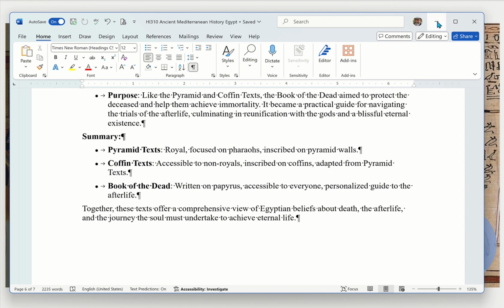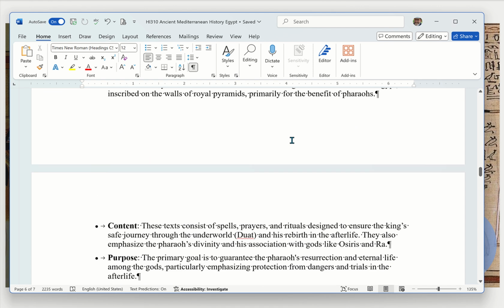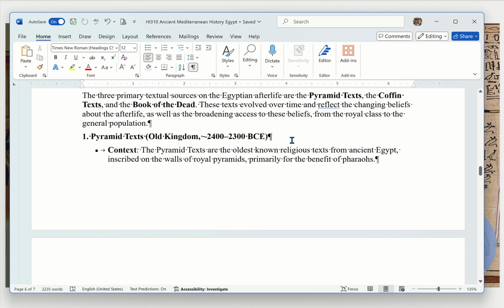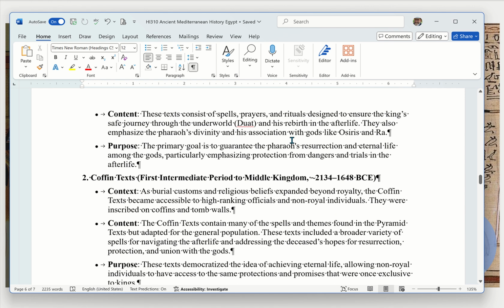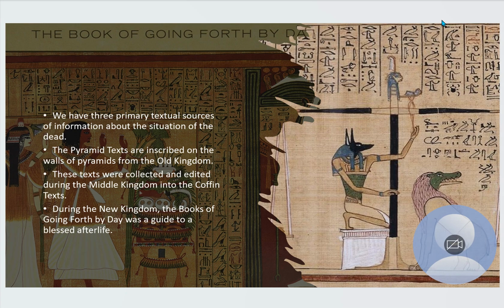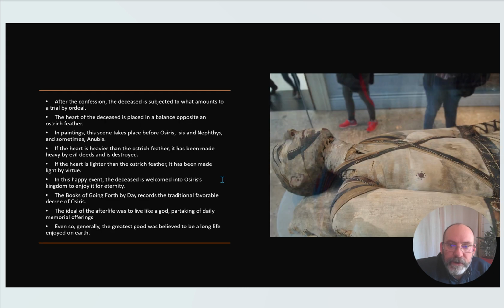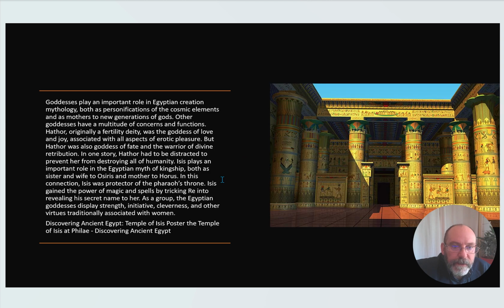So important work for us. All three of these are, but within your sheet you have a more detailed explanation of each one. I'll let you just look at your sheet to get this information.